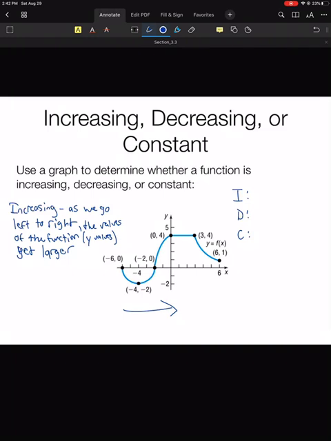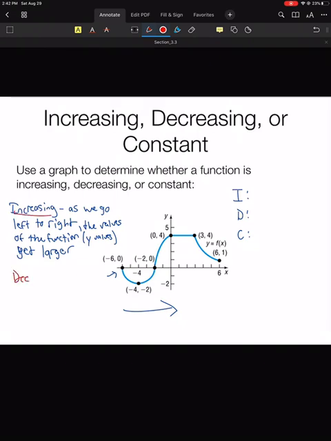So we'll start off at the far left at -6, 0. We're going to start right here, and as we go along this function, going from -6 to the right,